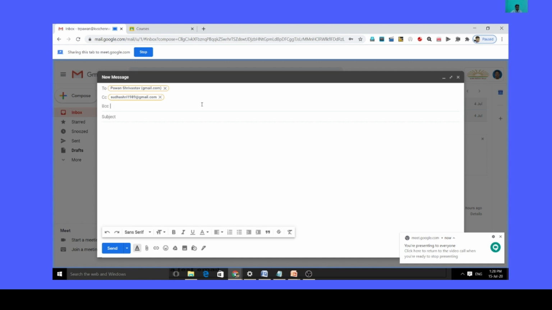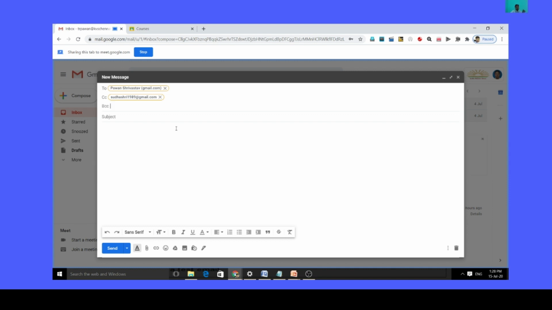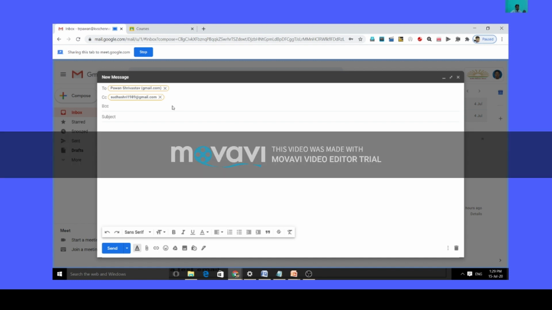Like, I sent a message to X student, and I copied Y student. I also blind copied Z student. Z student will receive the email, but the persons in "To" and CC will not know that person Z has also received the email.